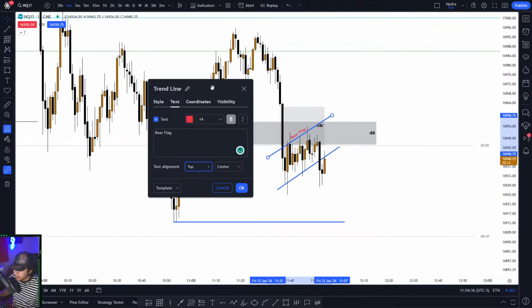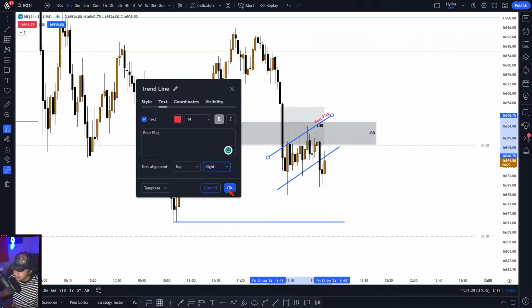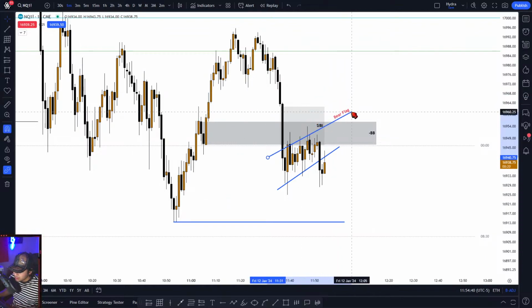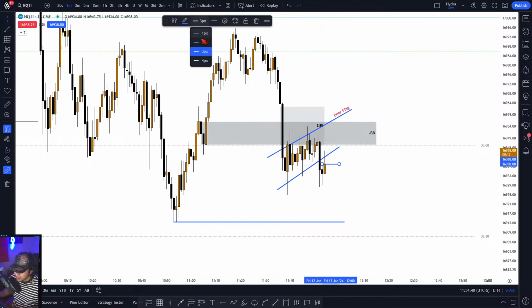Right, so I have a good idea. I don't know if it's the thing that they teach. If price is continuing a trend and then forming a bear flag, it will just continue to drop, continue the trend towards sell side. So let's see if price is doing that,